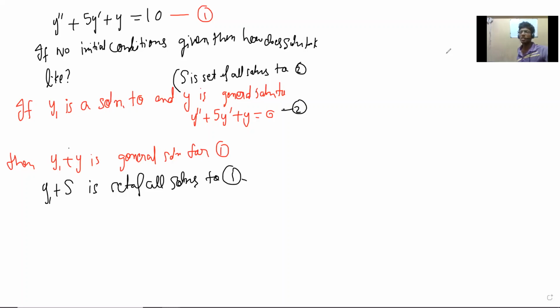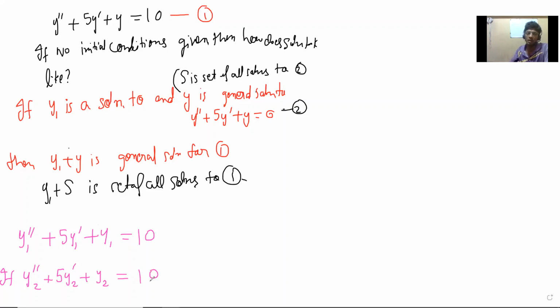Anyone? Is it too abstract, or what is it? What I'm just saying is y1 satisfies this initial equation. So y1 is a solution to the initial equation, and we don't need to know y1. Now if y2 is another solution of 1, I'm almost doing the question. It's already written, everything is written. Then